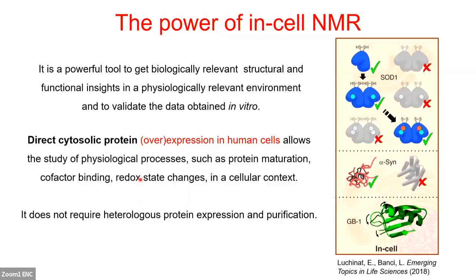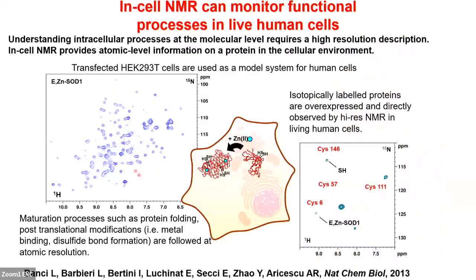instrument, because this allows us to characterize the process from the beginning, and we don't require heterologous expression. The proteins are directly expressed by the human cell. And I'm characterizing human proteins, human processes in a human cell. And just to show this is a relatively old